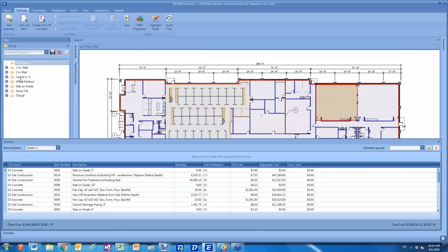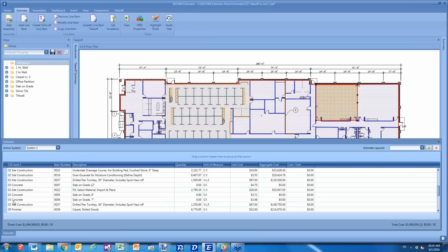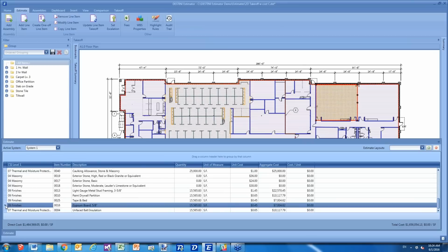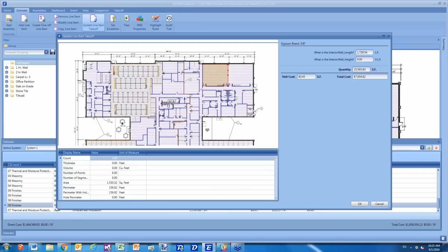So if I had cost already defined, you could easily map those to any takeoff object. The only thing that matters is you select the takeoff object you want to map it to. You go over to your estimate. You pick the cost that you want to map. So in this case, I'm gonna show everything, so I can select my takeoff object, come over here, pick my cost. If I wanted to, for whatever reason, let's say add,